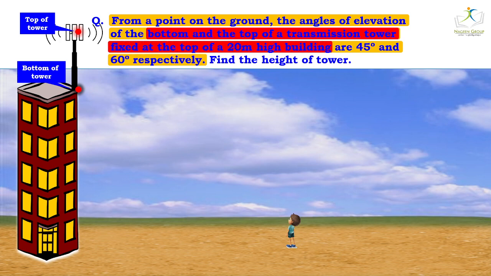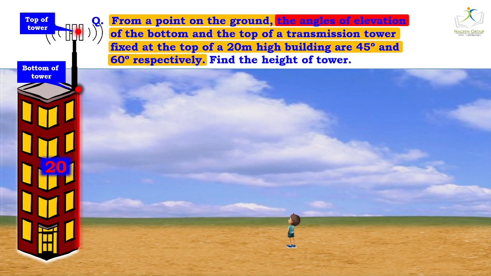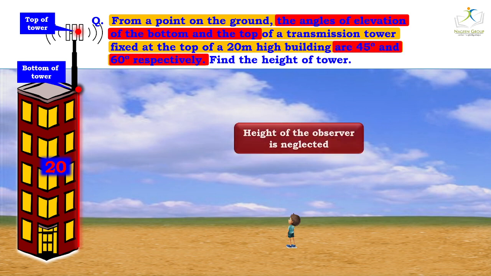Now this is fixed at the top of a 20-meter building, right? They are making angles of 45 degree and 60 degree. So observer, height we neglected, point, line of sight. पहले